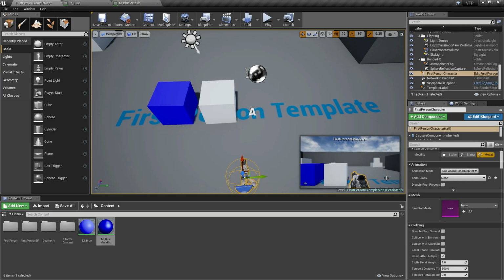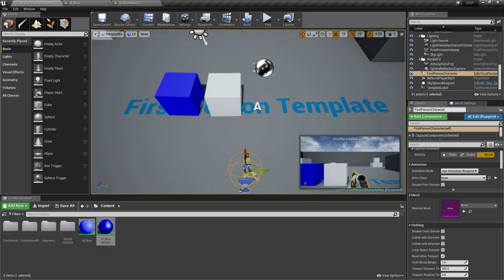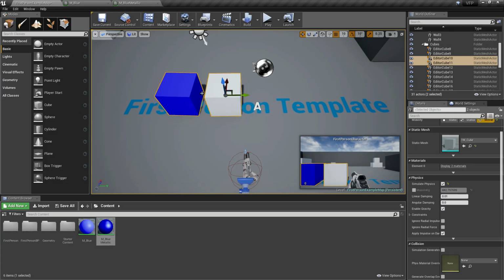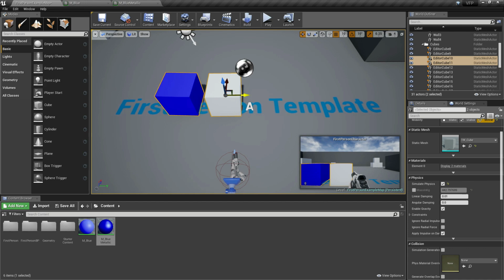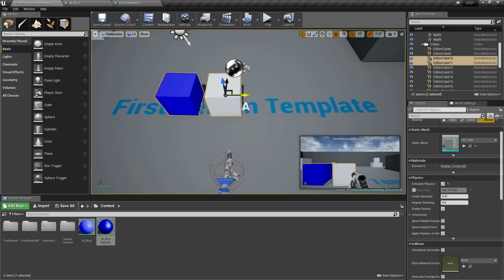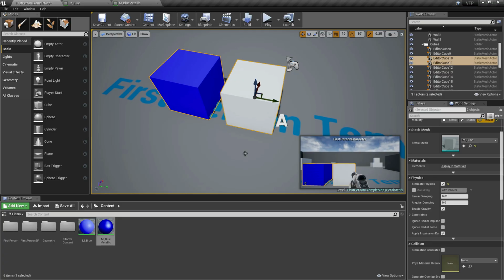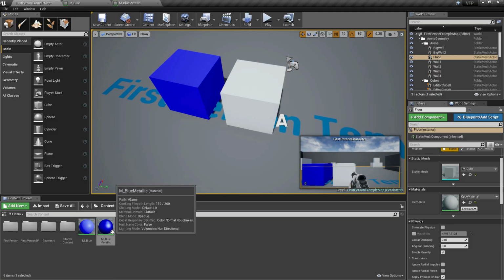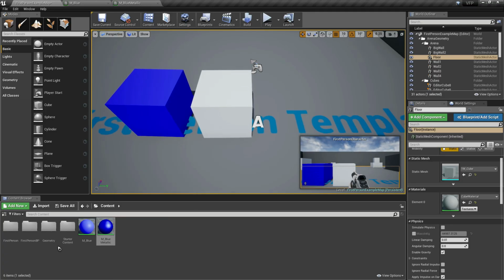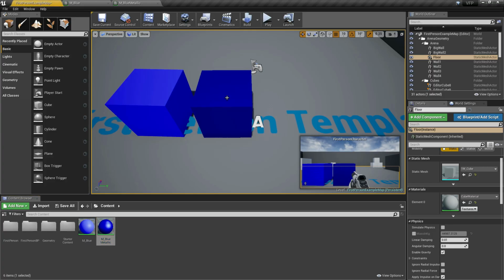I think it's best if we pin the first person view, so we can see the boxes once we run the game. Yeah, this one. Okay. Now we're going to apply the blue metallic material that we created to the second actor by dragging the material from the content browser directly to the actor.